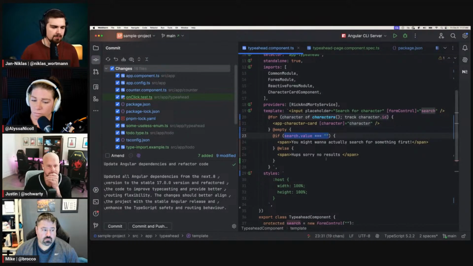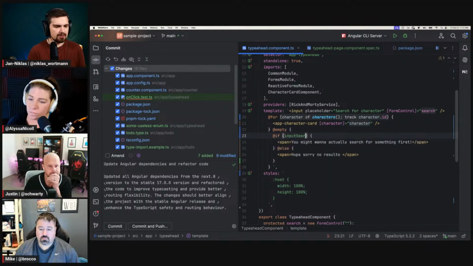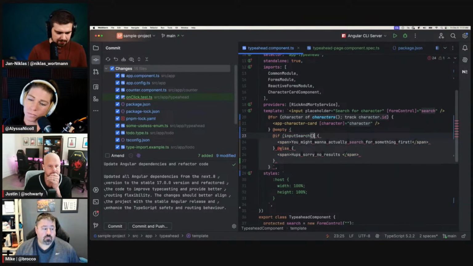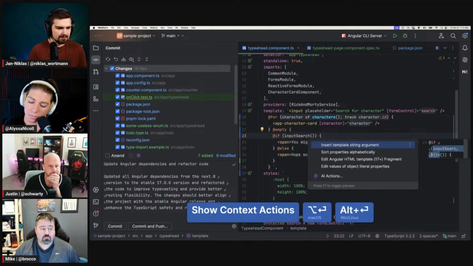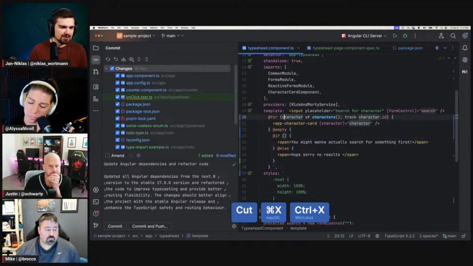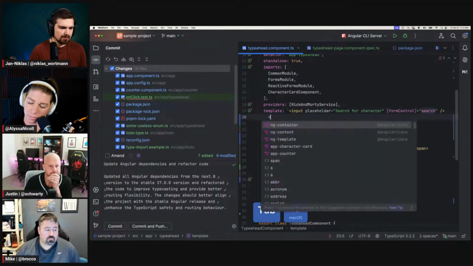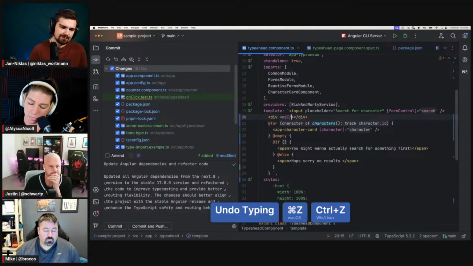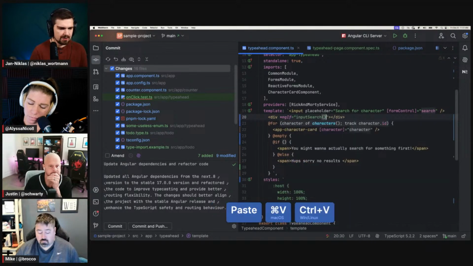Okay, actually we could do this, input search. And that's the TypeScript. Let's move this to here, just for demonstration purposes. So if we are in an ngIf and we type properly and say something like this,